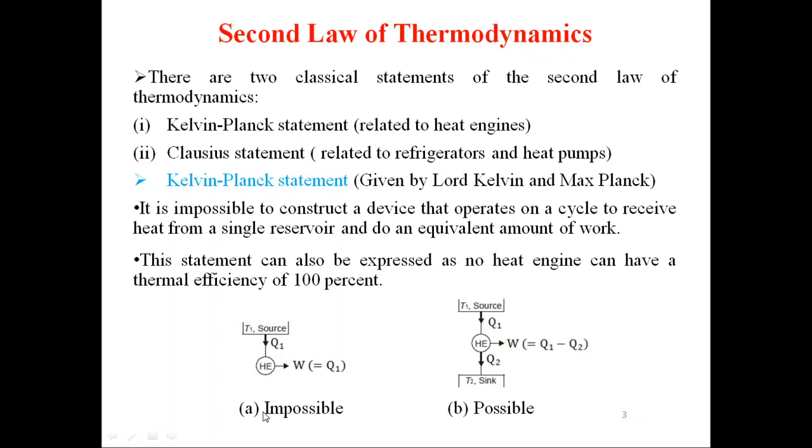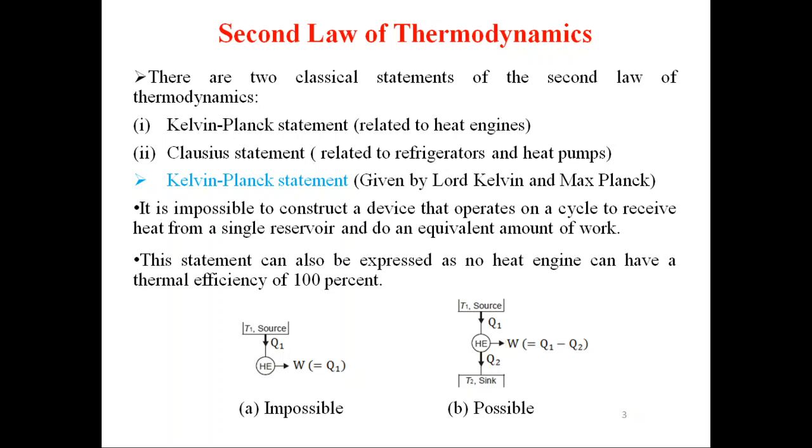In this figure A, we have a heat engine and we are supplying Q1 amount of heat from source at temperature T1 to this heat engine. Because of this heat, this engine is doing work W equal to Q1. So there is no sink in this figure A. Such a heat engine is not possible because whatever amount of heat is supplied, it is doing an equivalent